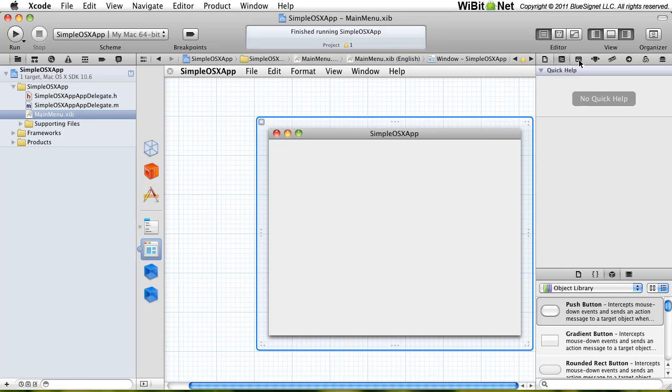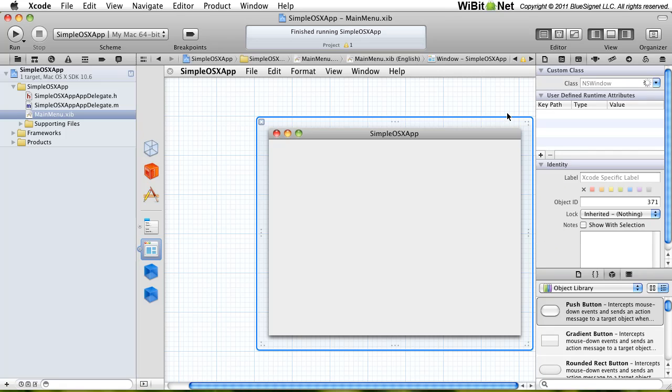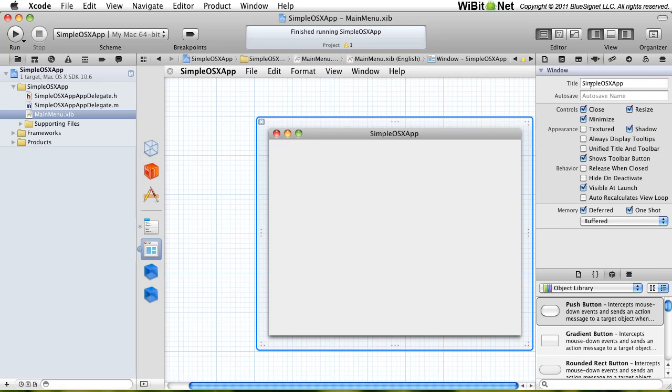Then we have a help, which obviously there's never any help because we're doing Apple development. Just kidding. So we have our class. So this as a whole is our NS window class. So that's what this is. So we could in turn say, no, this is an NS color panel class and really jack the thing up. So we're just going to leave it as a NS window because that's actually what we want it to be. And then you can see we have the title,